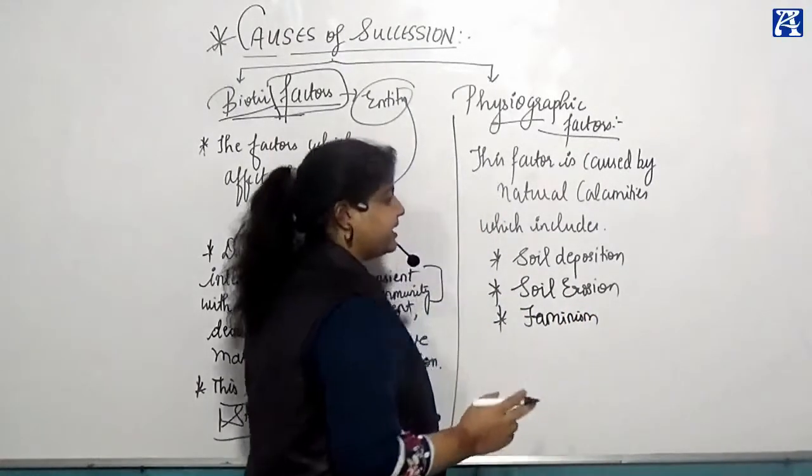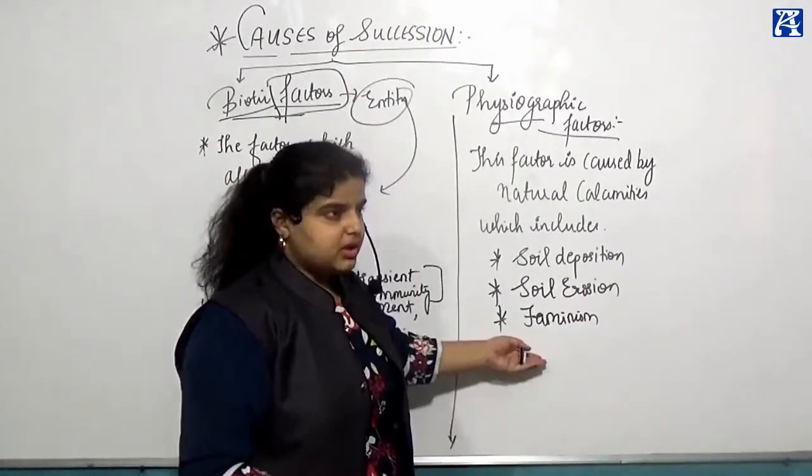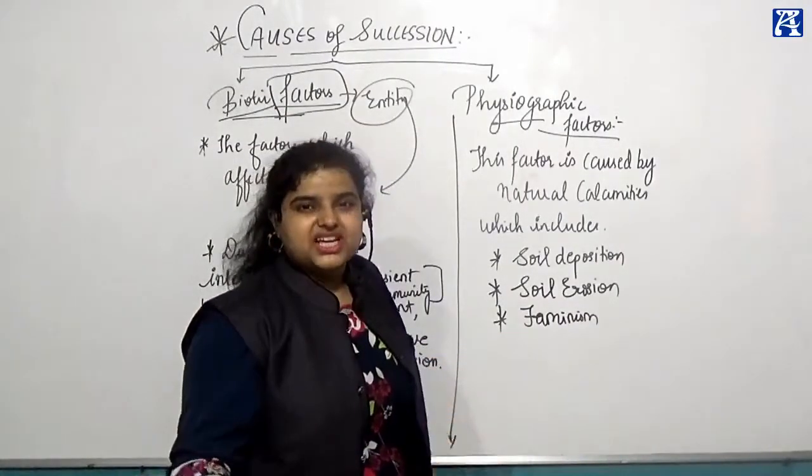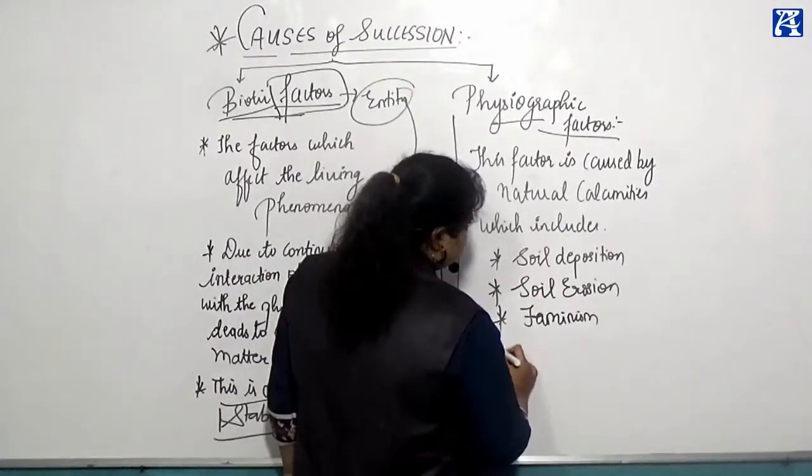Due to excessive barren land, there is no source of food, people die through hunger, that is called famine, and the area becomes completely barren. That is what famine is. Soil deposition, soil erosion, famine,